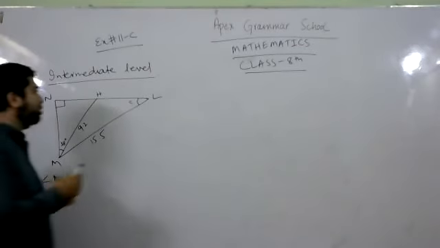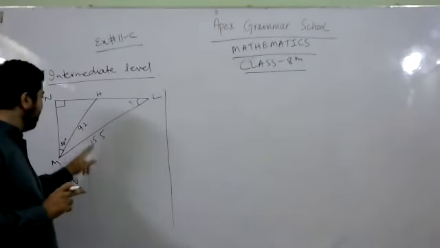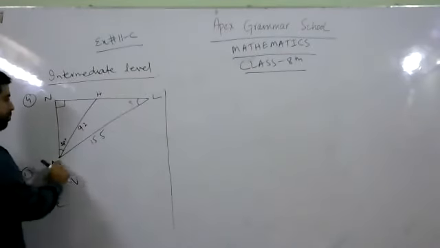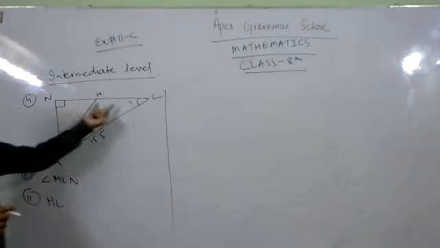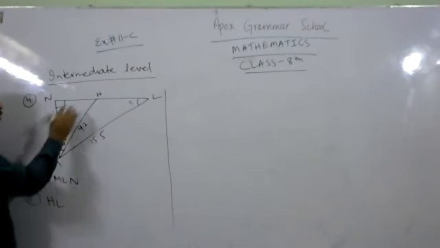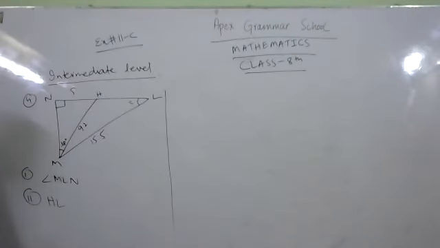Okay, how can you solve this question? Your known sides are this 9.2 and this 15.5. The side HL is for this triangle MLH. But this is not a right angle triangle according to your book. HL side is 9.2 centimeter, LM side is 15.5 centimeter, and angle MML is 90 degree. So how can you find the length of HL? You can easily find the length of HL, but first you need to solve this right angle triangle. First you need to find this side NH. This side NH we need to find. For this purpose,